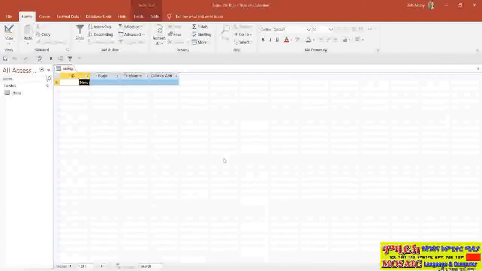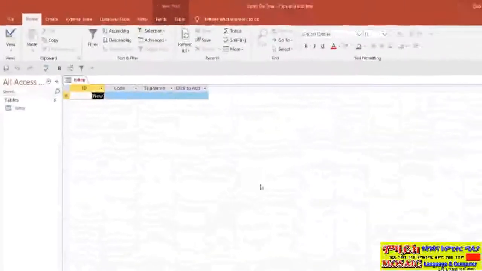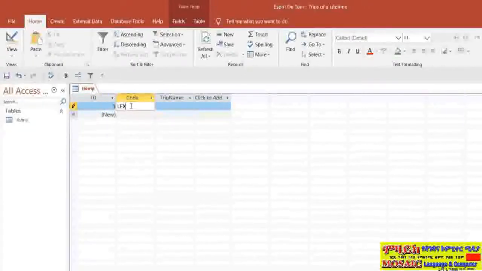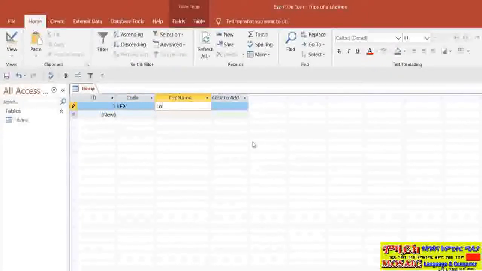Now one thing that we haven't done is add any data. And I'm going to add a dummy trip now to show you some of the things you need to be aware of. So each row is essentially a record in our table. So in our case, a trip. And we have a row here with a star and it says new. So that indicates that if I start typing in this particular row, I'm going to be creating a new trip. So let's set up a code for a new trip. So my code for this one is going to be LEX. So this trip is going to be called Louisiana